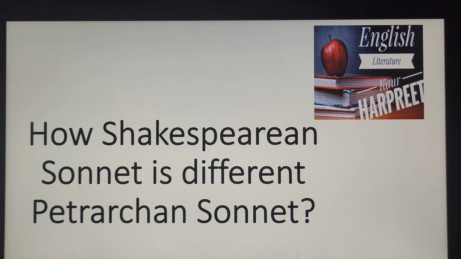A sonnet is a poetic form. The main types of sonnet are Petrarchan, Shakespearean and Spenserian, right? And they are named after the poets who made them famous. All sonnets have the following three features in common. First, each sonnet has 14 lines. Second, each sonnet has a regular rhyme scheme. And third, each has a strict metrical construction, usually iambic pentameter.